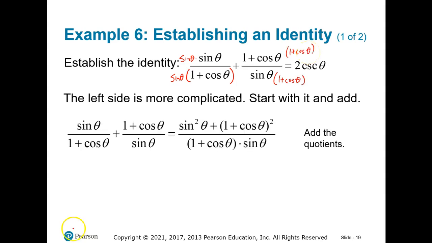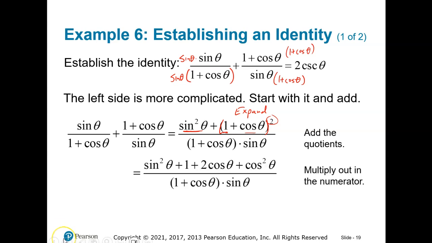So you can see there, I'm going to get the sine squared plus a 1 plus cosine in the parentheses squared over that common denominator. Now, expand this. Why would I want to expand that? Well, I have a sine squared, there's a 1, there's a cosine that's going to be squared. This stuff in the numerator is looking a lot like the Pythagorean identity, and if I expand it, I'll have some more stuff to work with. So expanding that,